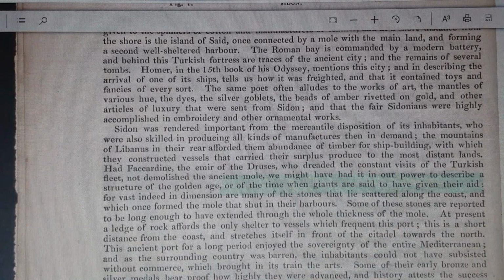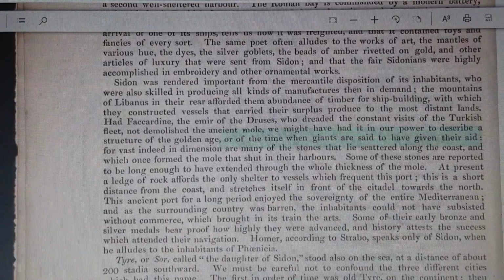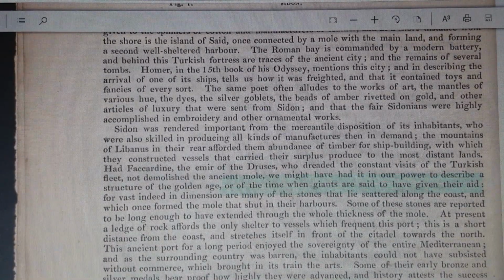The fair Sidonians were highly accomplished and embroidered in other ornamental works. Sidon was rendered important from the mercantile disposition of its inhabitants, who were also skilled in producing all kinds of manufactures then in demand.